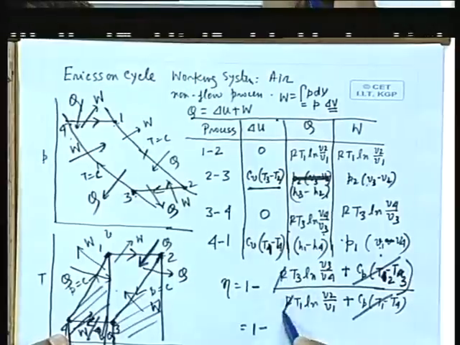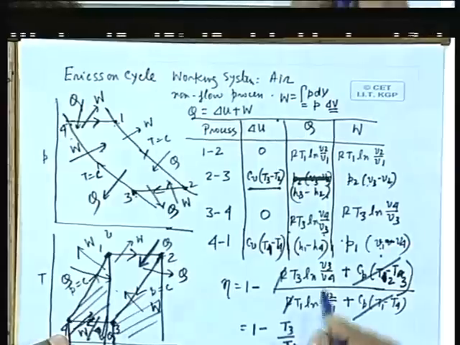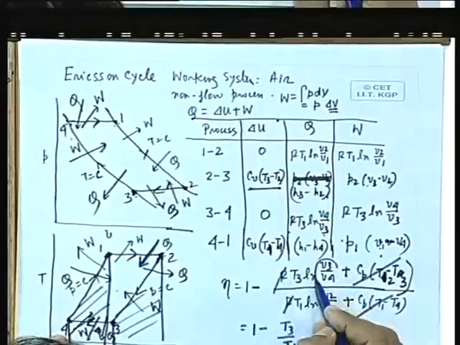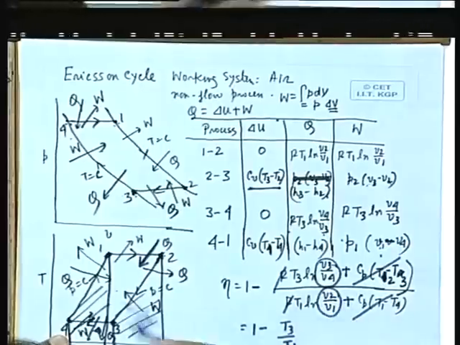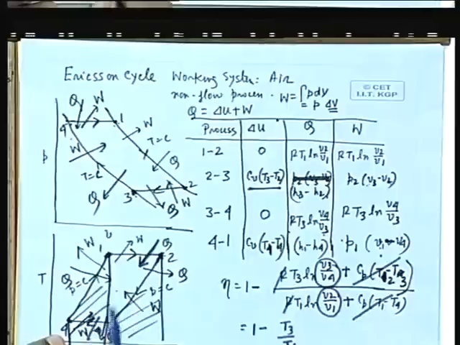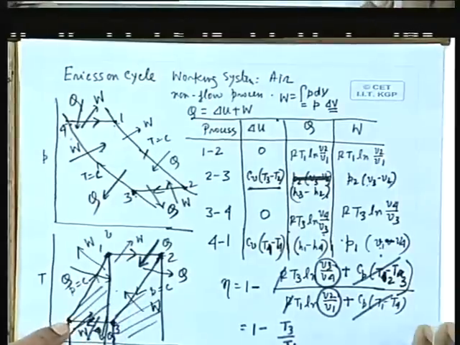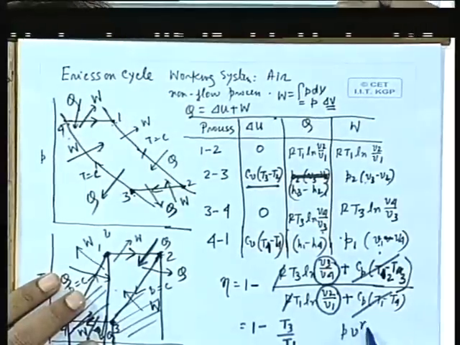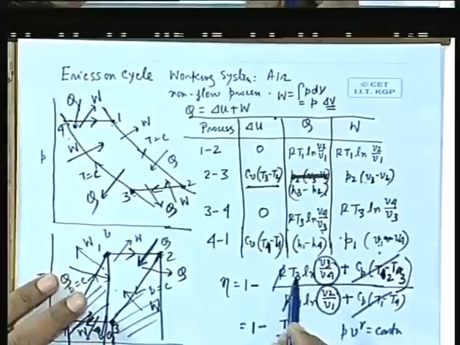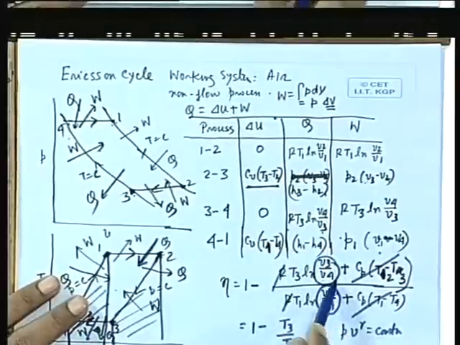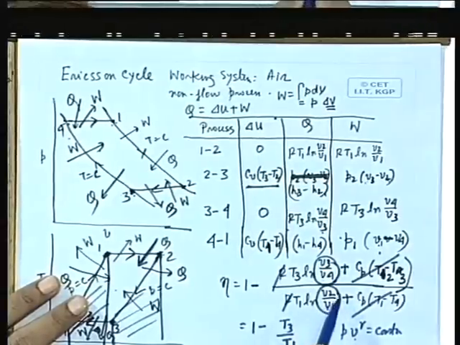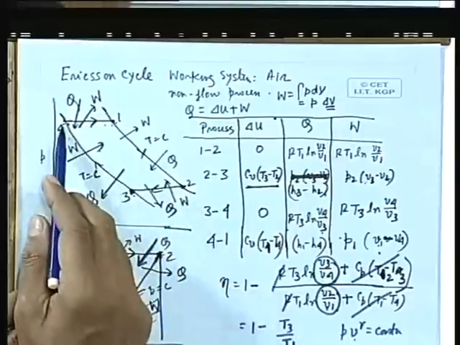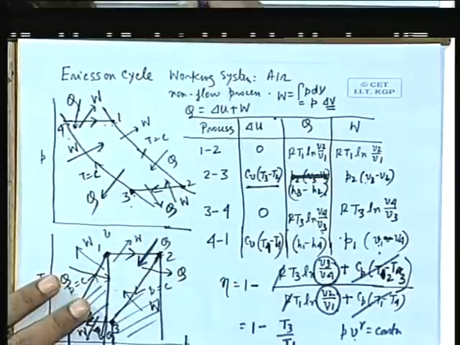Again we cancel R and we can find 1 minus T3 by T1, but here you have to change V3 by V4 and V2 by V1 in terms of the pressure ratio, otherwise it will not be possible for you to prove. So you reuse PV to the power gamma is constant, so that V3 by V4 is P4 by P3 to the power 1 by gamma, then V2 by V1 is P1 by P2. Now P1 by P2 is P4 by P3, all right, because